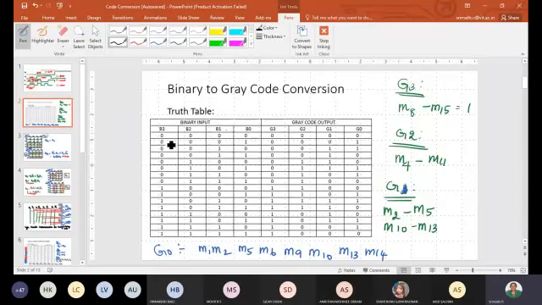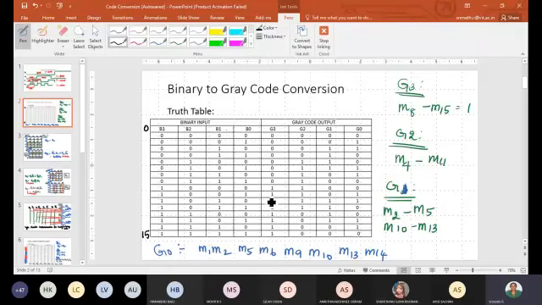The binary numbers from 0 to 15 we know: 0000, 0001, and so on, up to 1111.